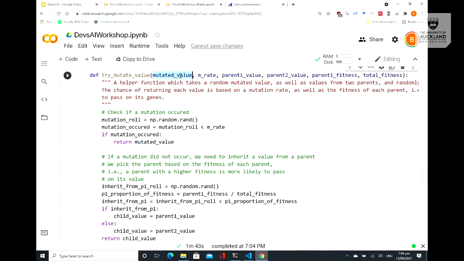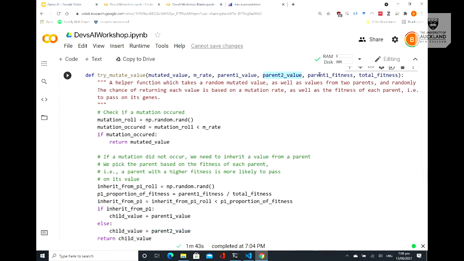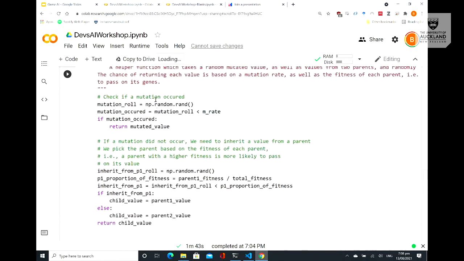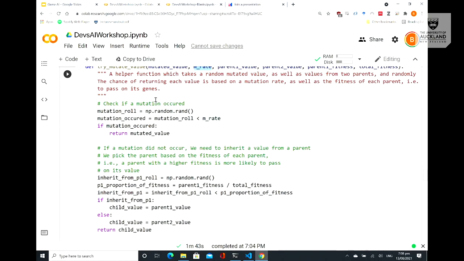So it takes in a mutated value, which is just a random number, a value from the parent, and a value from the second parent, as well as the fitness of each parent and a mutation rate. So from these three numbers, you can think of that as the first block here. We have a chance of being this 1 from parent 1, a chance of being a 5 from parent 2, or a chance of just being a random mutation. So what this function does is it rolls the dice and picks for us out of those